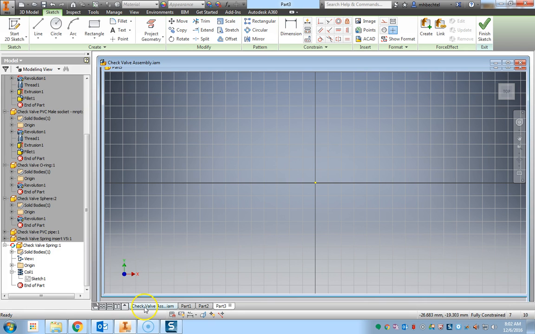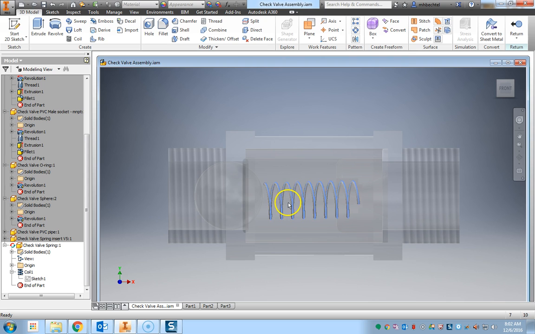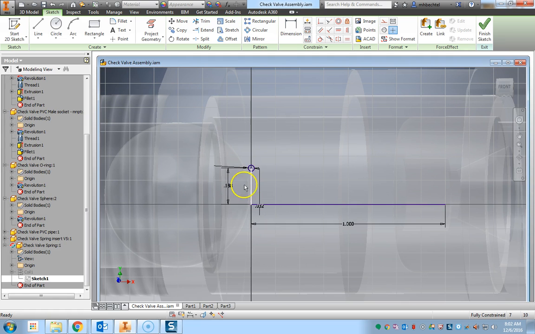Now from here, I need to go to the check valve assembly and look at the spring and how it's drawn. So I'm going to click on the spring itself, right-click on the sketch, hit edit sketch, and this is what we have here. I have a line going up, 0.188. And I have a line going over the distance that I want the linear spring to be moving at, or the distance it will span across, which is 1 inch. So I'm going to go back into my part